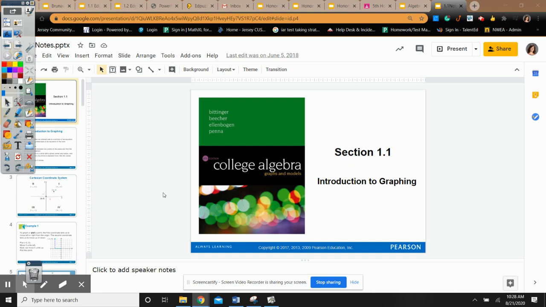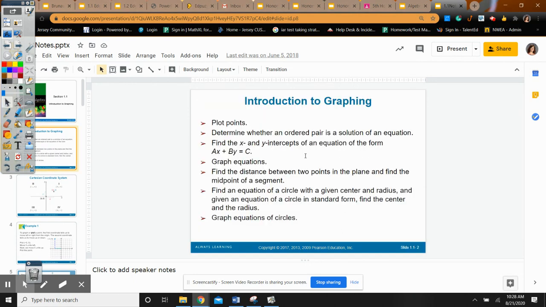Hi guys, this is section 1.1 in Algebra 3, and this will be an introduction to graphing. A lot of this stuff you will be familiar with already. A lot of it is a review from Algebra 1. We're going to be plotting points. We're going to figure out if points are solutions to equations. We'll be doing some graphing of equations using the x and y intercepts, and then some things that might be new today or a bit from long ago will be distance between 2 points, equations of circles, and midpoints as